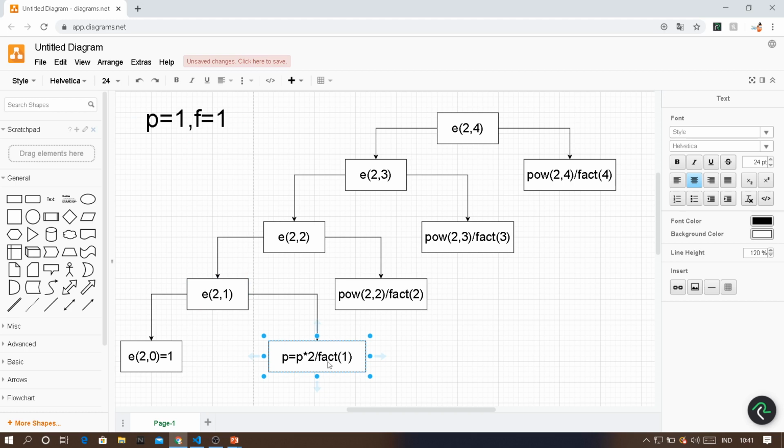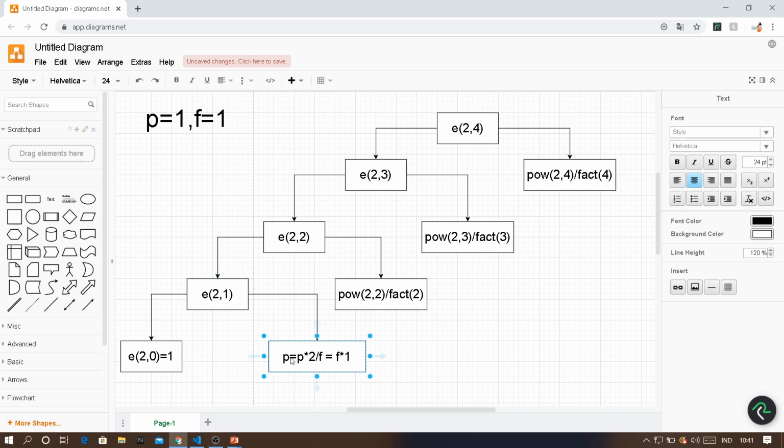Okay, fine. Now, how to find factorial of 1? Factorial of 1 means present value of n. What is the present value of n? 1. So that n you should be multiplying with the previous value of f. So instead of calling your factorial function, you can write f is equal to f multiplied by n. This 2 is generally called x. So first of all, p is equal to p multiplied by 2, f is equal to f multiplied by 1, because present value of n is 1.